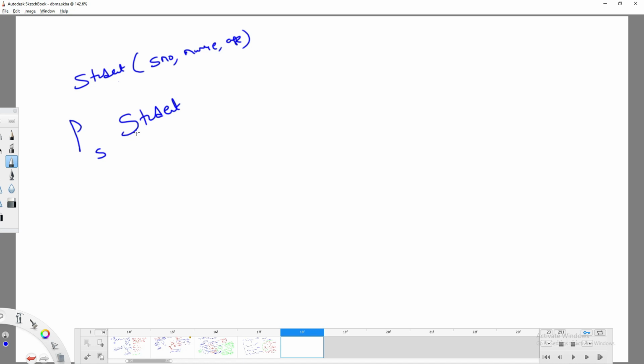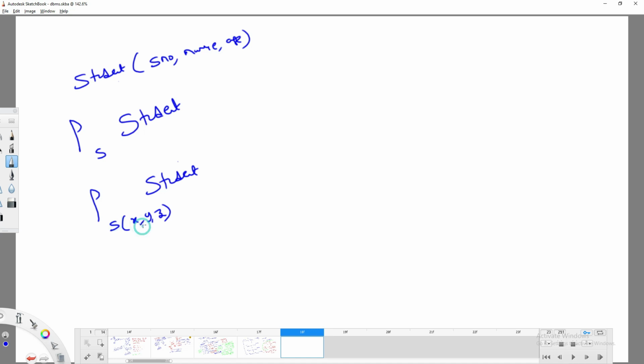Okay. For example, I want to rename all the data of the student: Student S of x comma y comma z. What is the meaning of this one? I am trying to rename the student table to small s, where each and every attribute name is x comma y comma z.